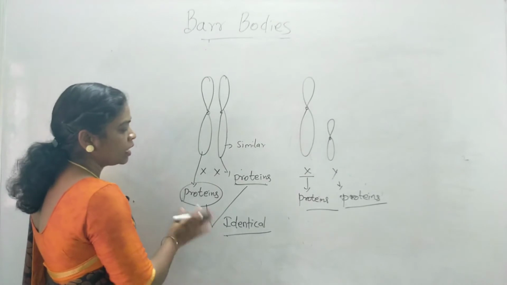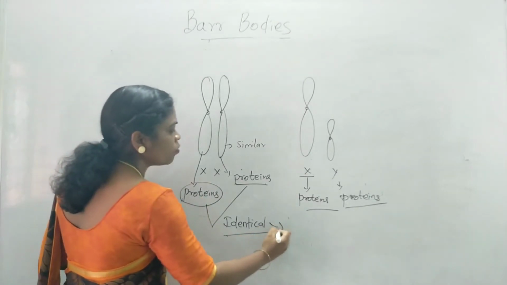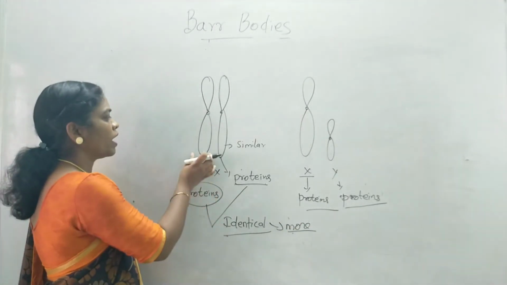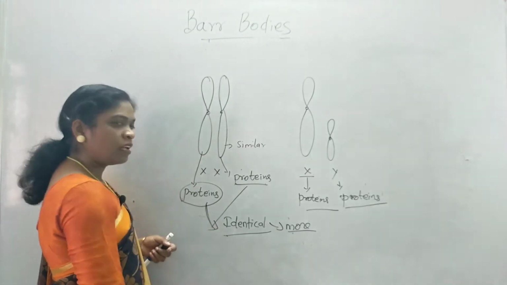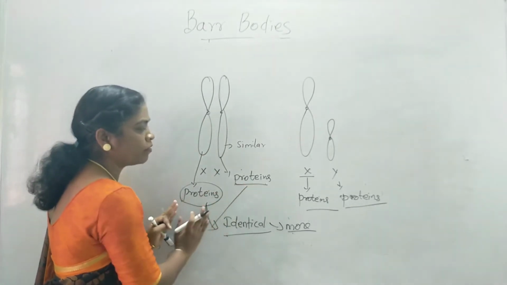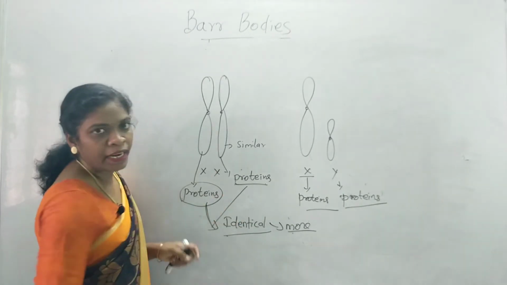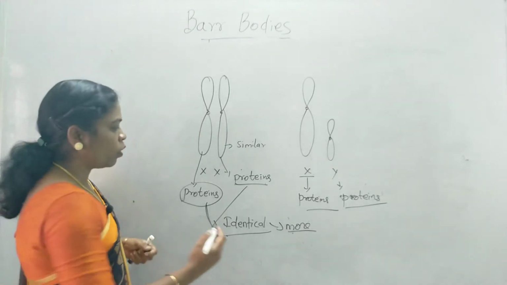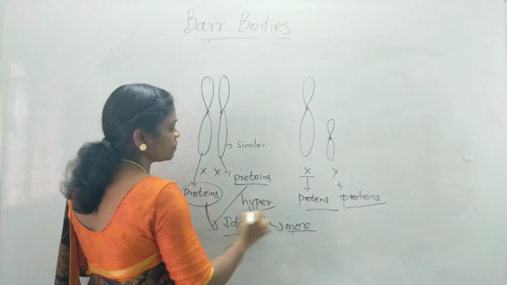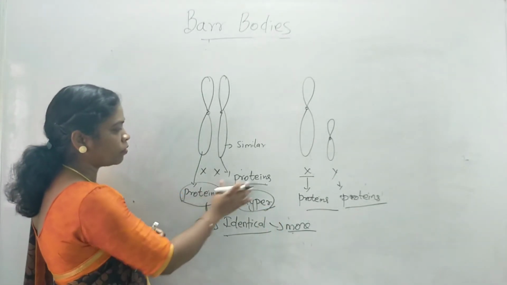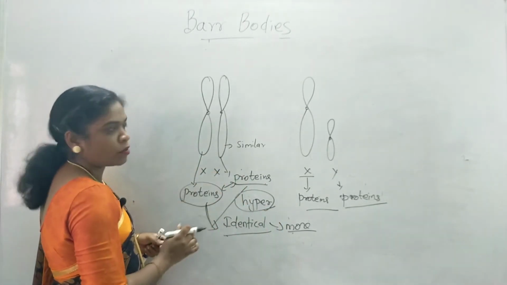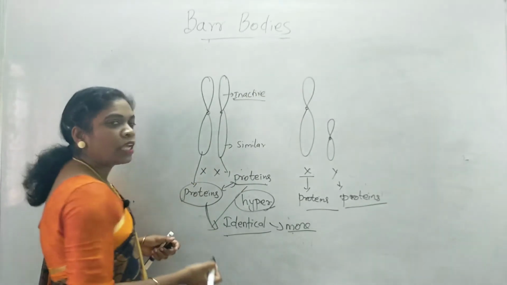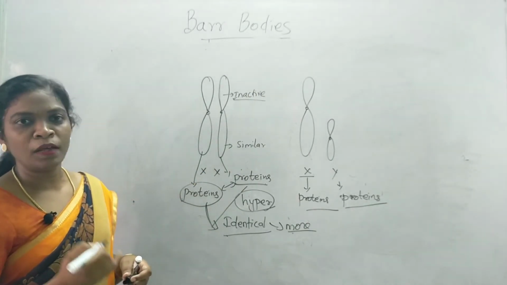Now what happens here? The amount of protein produced is more. But actually we don't need more protein. One X chromosome producing protein is enough to maintain our physiological function. We don't need more protein getting added up and resulting in any kind of problem. So to avoid this issue, or to avoid this hyper mechanism where we get more protein of the same kind from these two X chromosomes, one of the X chromosomes remains inactive. That is why it has been made inactive in eutherian mammals and also metatherian mammals.